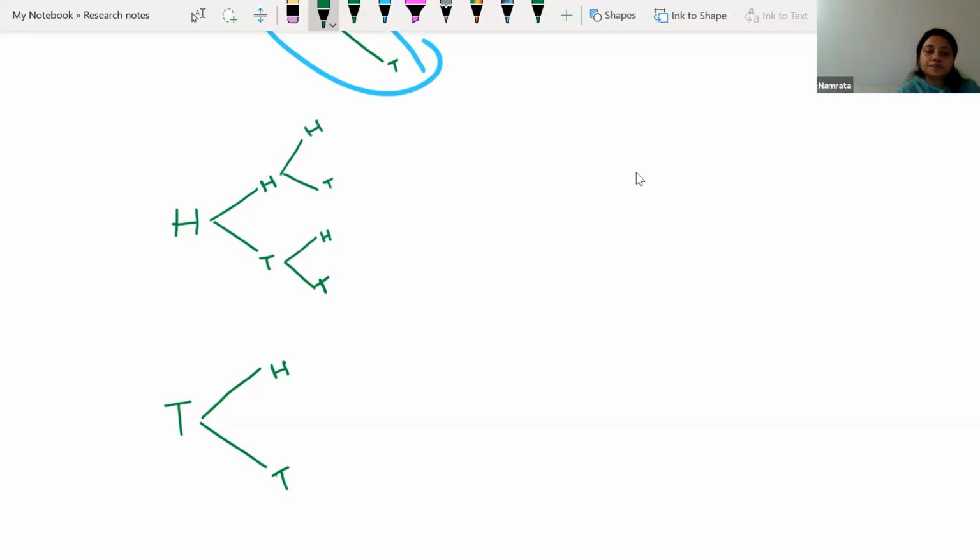Similarly, for the downward one, after head, head can come or tail can come. Similarly, after tail, head can come or tail can come. Now let's list down all the sample space. So what will be the sample space? Let's see it here. Head,